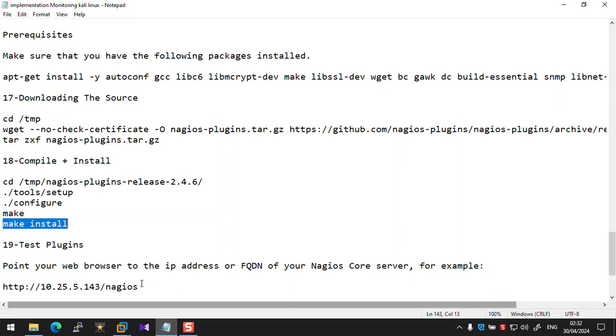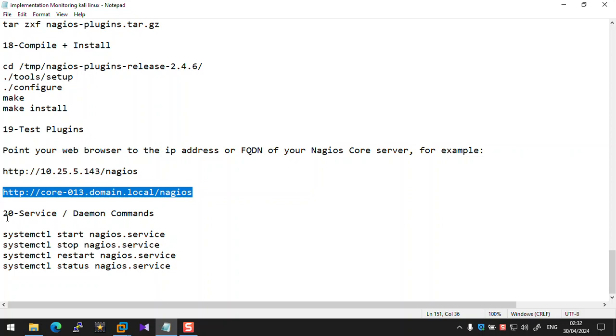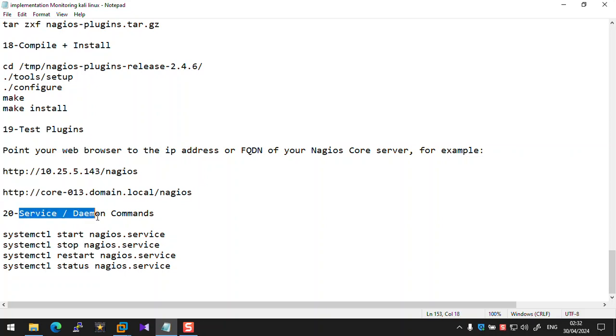And step 19, test plugins. Point your web browser to the IP address or FQDN of your Nagios Core server. For example, use this address or FQDN address and open. Step 20, service or daemon commands for systemctl start nagios,